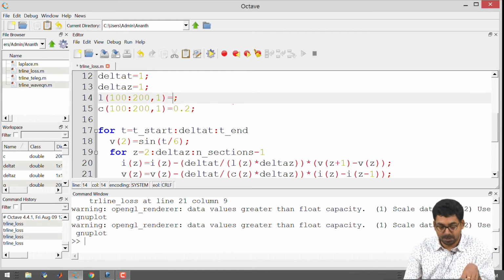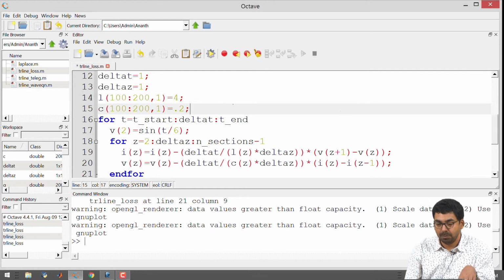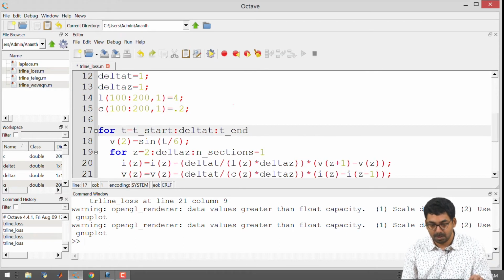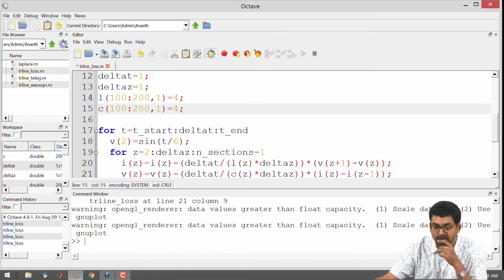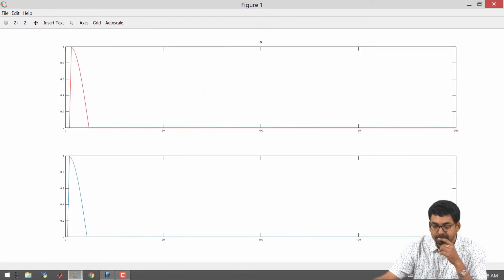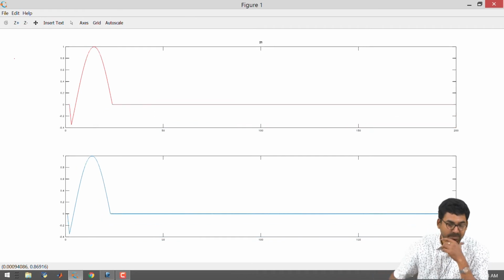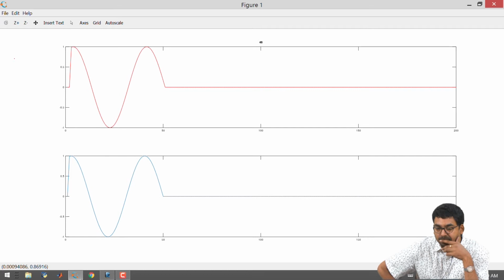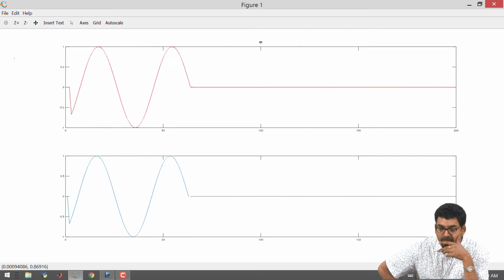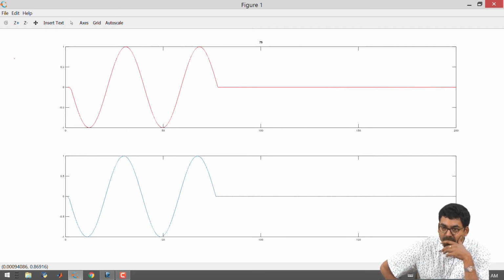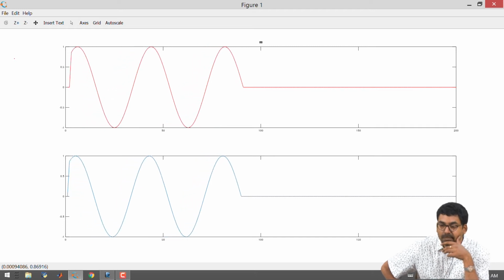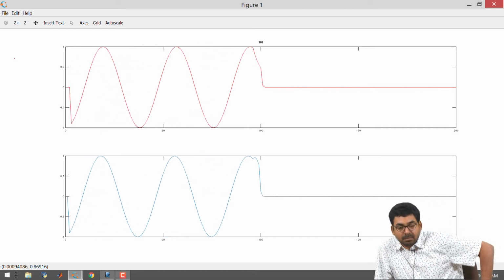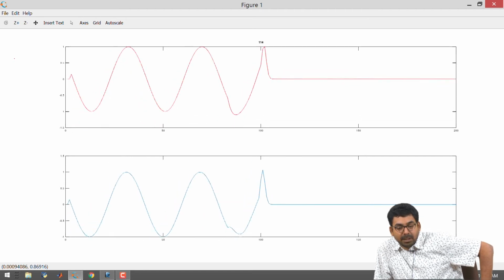You could always choose 4 and 4. Okay, there is a bigger reflection that is happening.